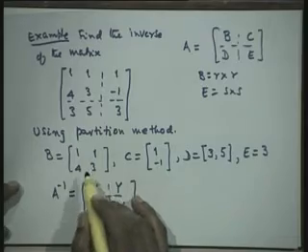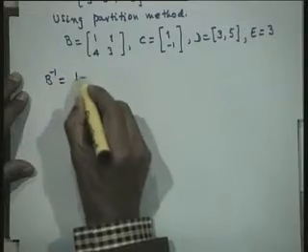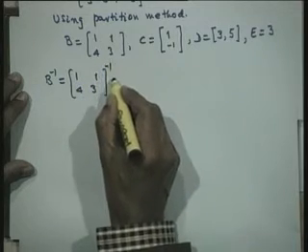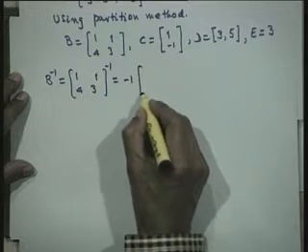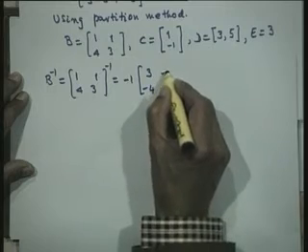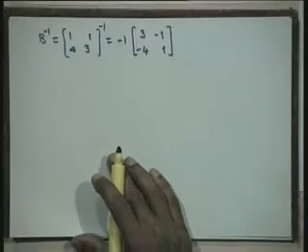To start with the procedure, we need the inverse of B. So, let us start with the inverse of B. So, I need B inverse. So, let us find the inverse of this matrix 1 1 4 3. Let us do it straight away. Its determinant is minus 1, so I will have a minus 1. I will have the element 3 here, I have element 1 here, and its cofactors and transpose of it. So, I have the inverse of B as this.